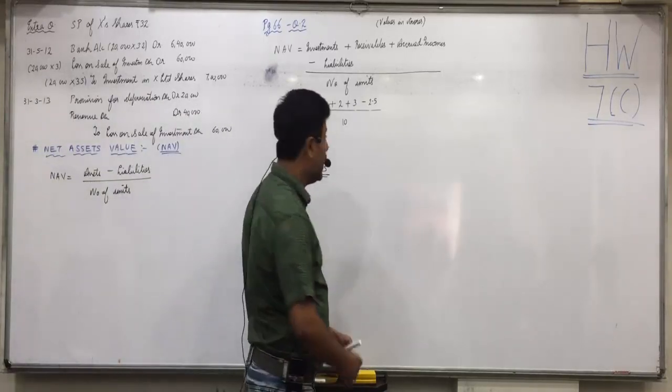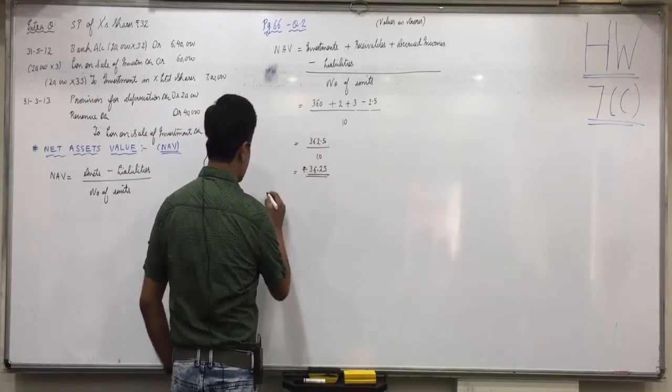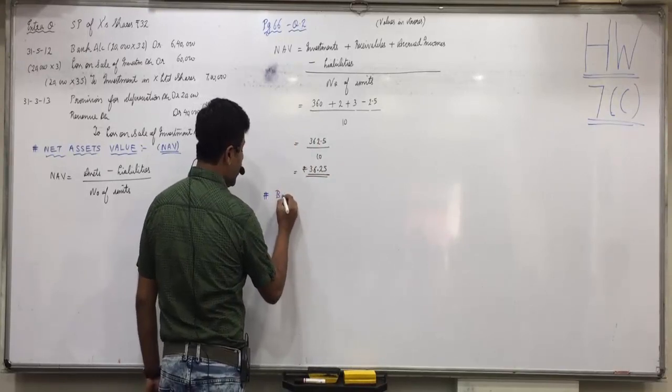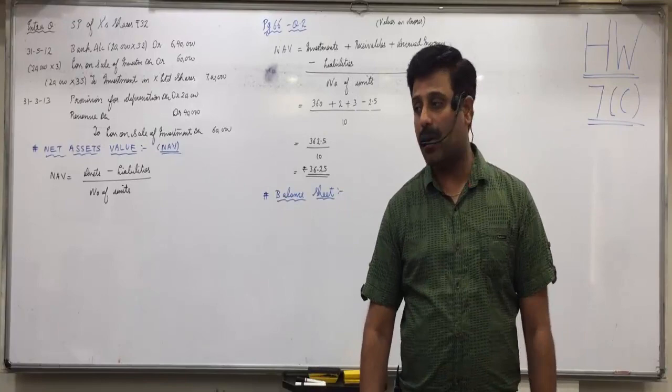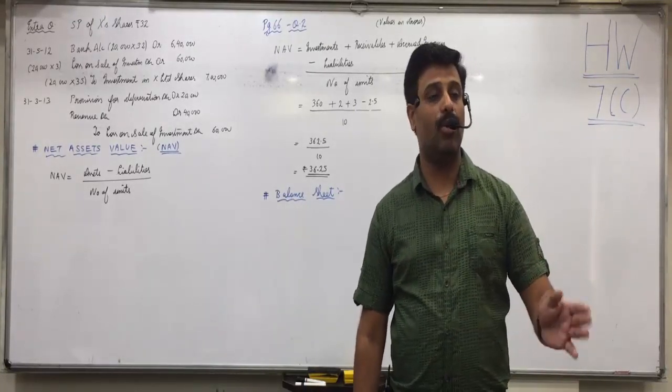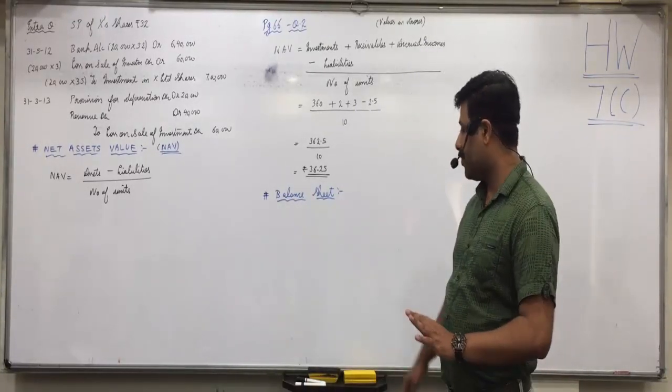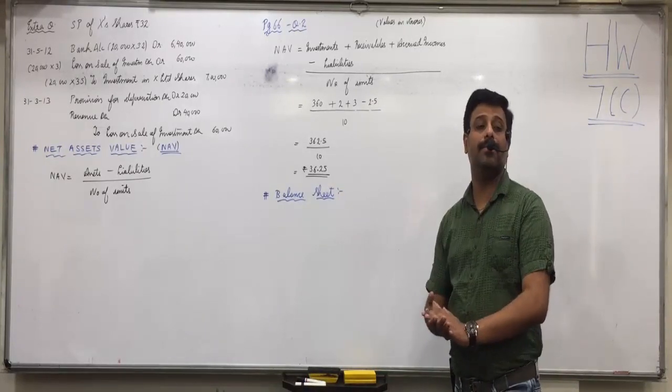Now we take up the financial statements of a mutual fund. First we understand how to make the balance sheet. Be attentive. A combined question of revenue account and balance sheet will not be asked. Either you'll be asked only the revenue account or only the balance sheet. Now, silence, everyone.